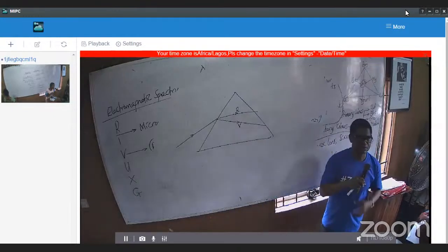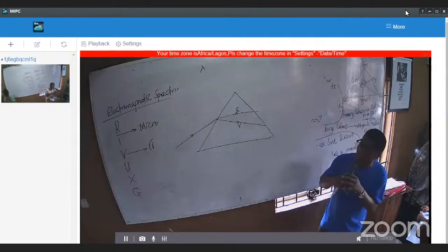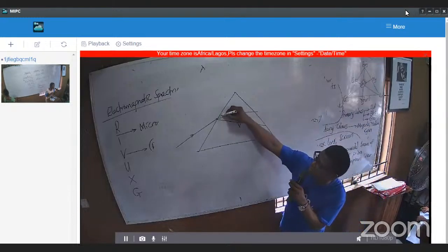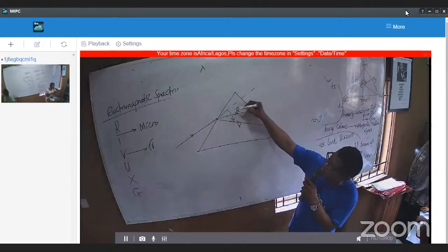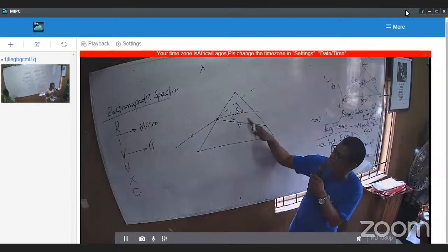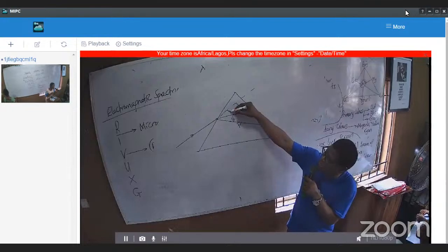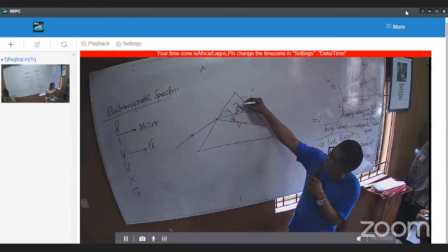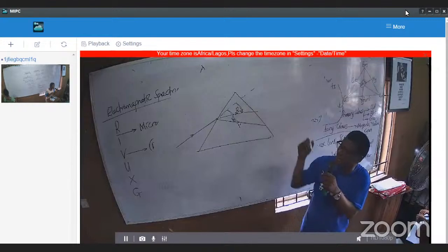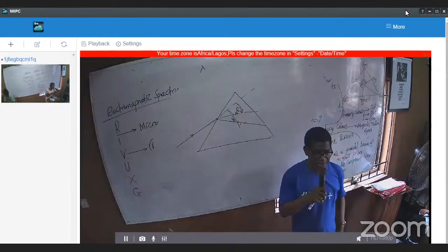Look at that. Violet has the highest speed because it has the greatest angle of refraction. You see, it was deviated most. So different color combinations have different speed in glass, which is proportional to the angle of refraction. The one that is deviated most has the greatest speed, violet, and red is the least deviated. So the answer from what I've just said now, what is the answer? D.